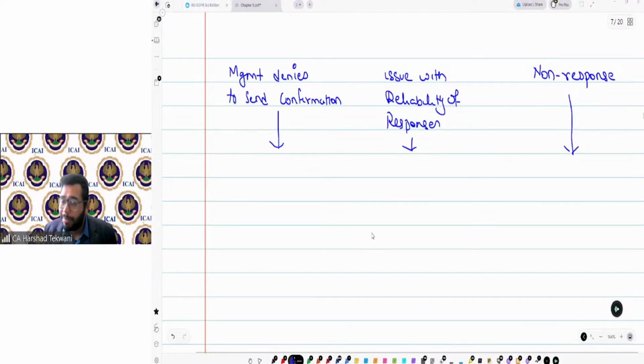Let's say you are appointed auditor of XYZ Limited, a new auditor, first-time auditor, and when you ask management, I want to send confirmation to account receivables, management directly says no, we do not want you to send. What will you do, guys?